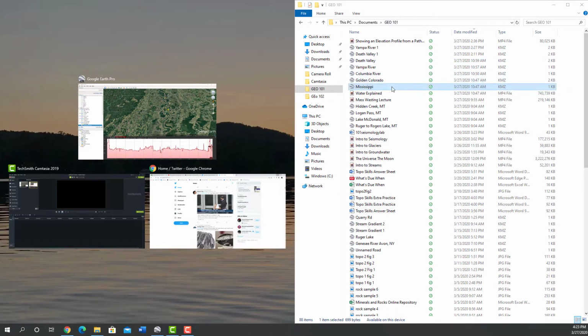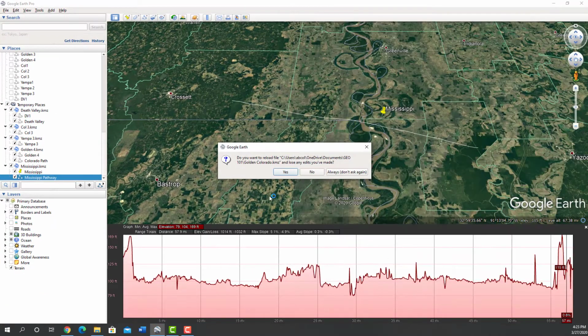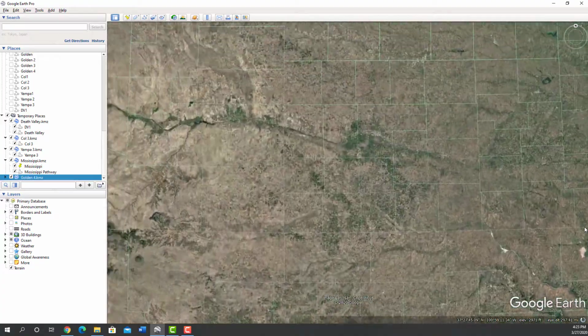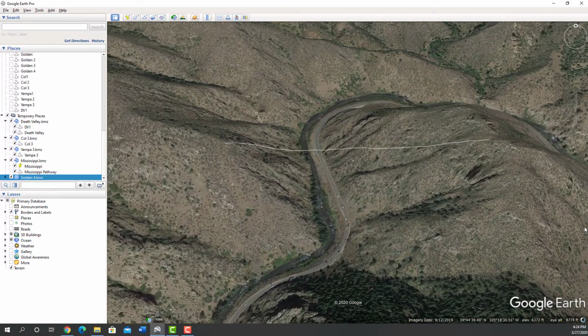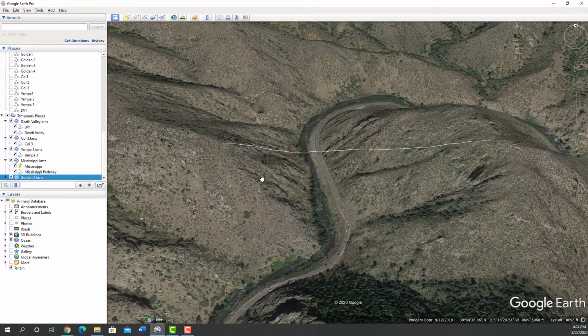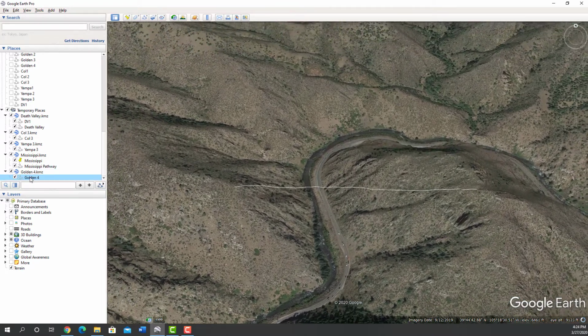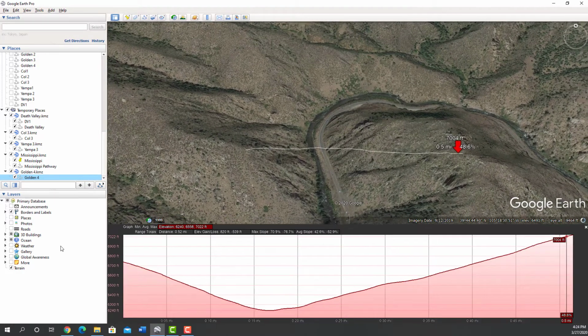And then you can go to a place very different, like Golden, Colorado. The location in Golden, Colorado actually already has a pathway that's been drawn for you. So if you double click here where it says Golden, then you go to the very bottom, you'll see that this is the pathway. And again, you right click and go to Show Elevation Profile,